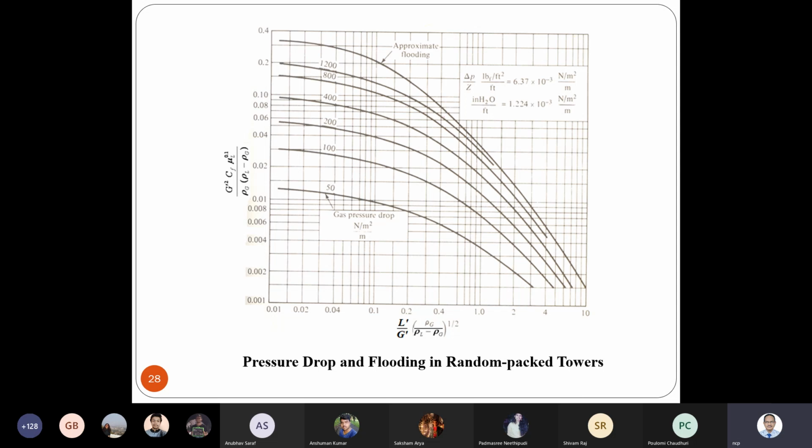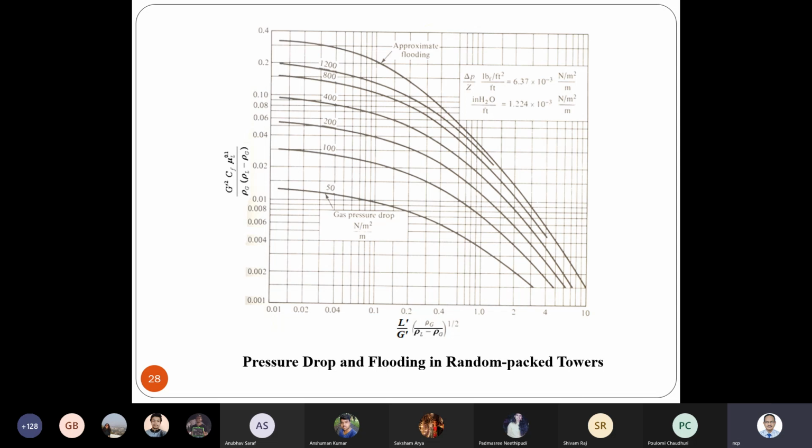Multiply that. No, this is the number of transfer units, and then multiply that by the height. That is also so. But I defined this as NTG, the number of transfer units. So basically, how I am defining the transfer unit: if I put this NTG equal to 1, then in a single transfer unit, the change in gas concentration is equal to the average driving force. On that basis, I am defining this transfer unit, but then this Z will be HTG, the height of a single transfer unit, right?